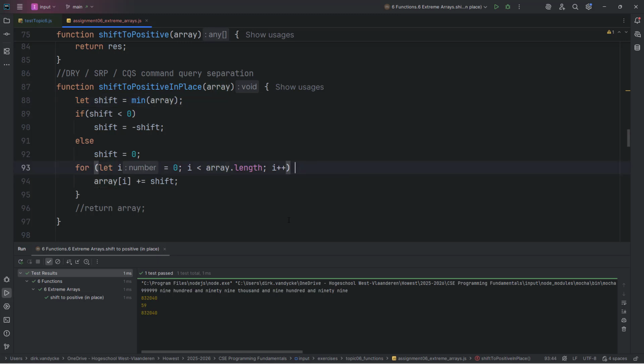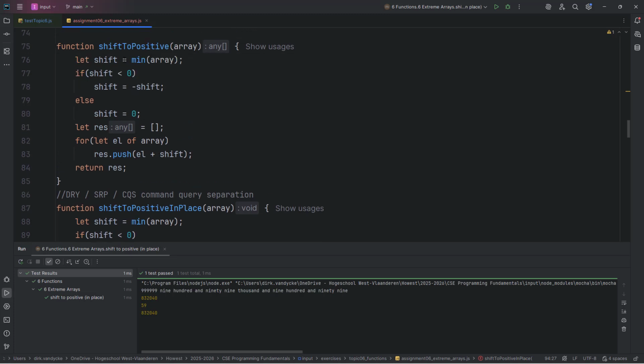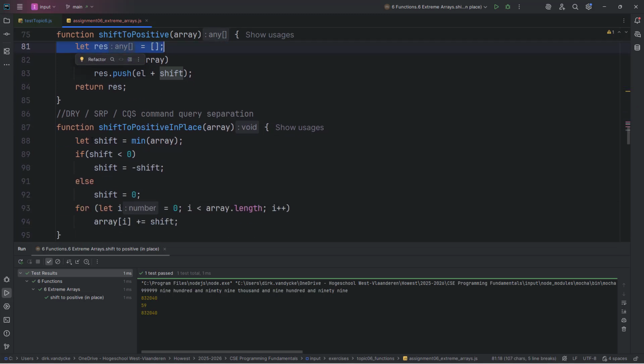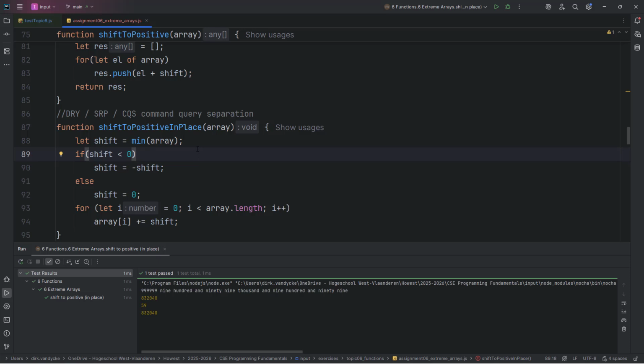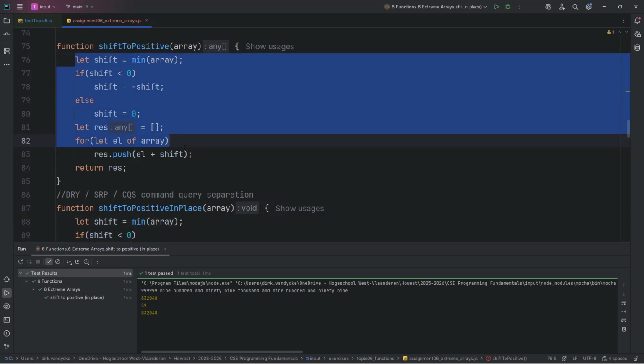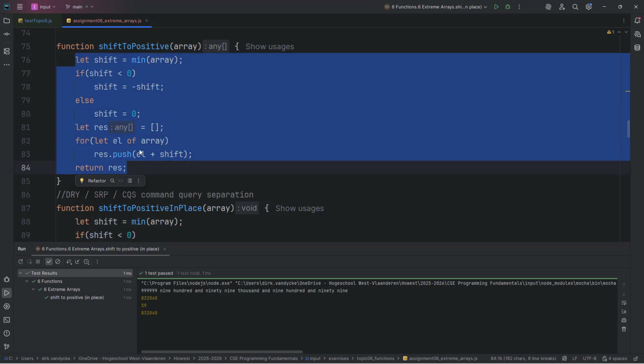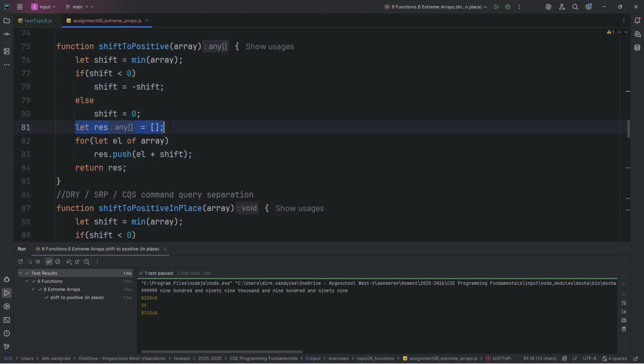I can even get rid of this. I don't need to return the array anymore, but I can see that I have quite some lookalike code. So on the level of DRY there seems to be a violation, and that's of course because I'm doing two things here. I'm basically solving the problem, shifting to positive, but I'm also copying the array. So basically I could say shift to positive would be doing shift to positive in place on a copy,